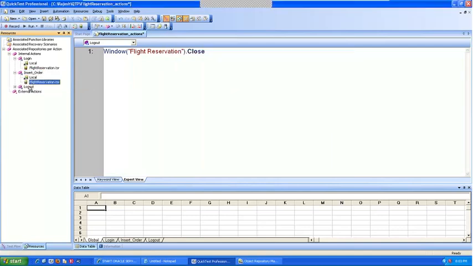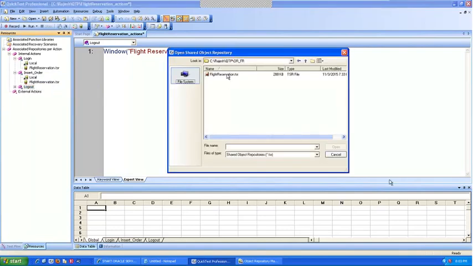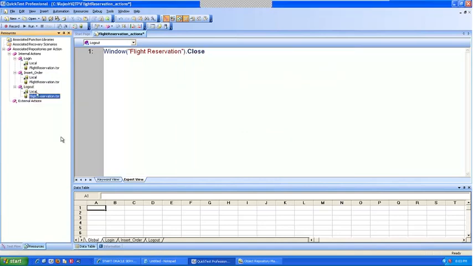If you don't associate, that particular action will not work, because it will go to the local object repository, see that there is nothing there, and it will fail your script. So you have to associate for each and every action.